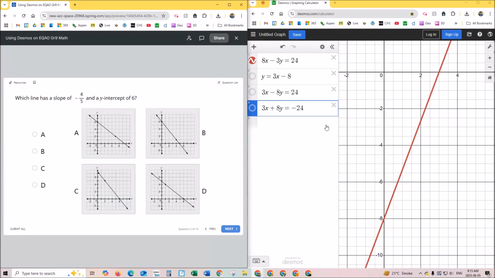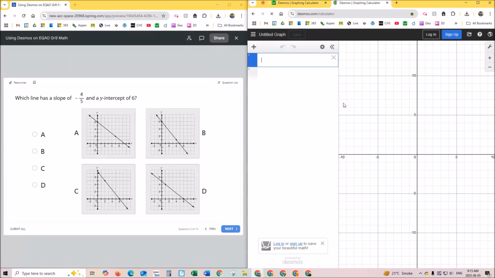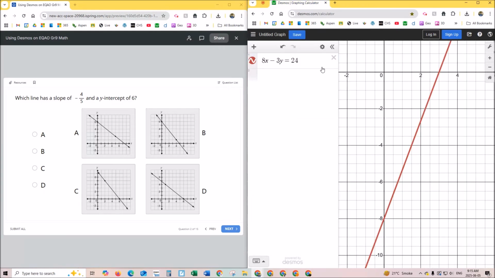One thing we'll notice too is as a student is going through this, they might have stuff already on Desmos, so they can either just quickly X out of that or simply open a new Desmos screen so that they have everything fresh. That's up to them as they're managing this. I'll just clear that out. So in this second question, you'll see that, of course,